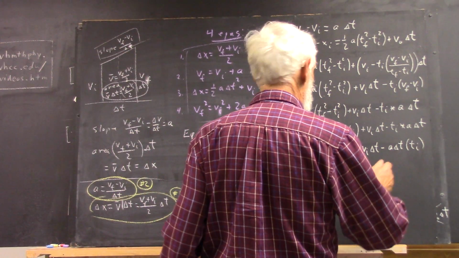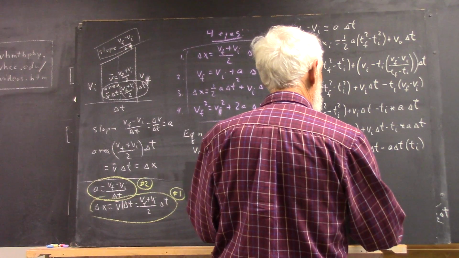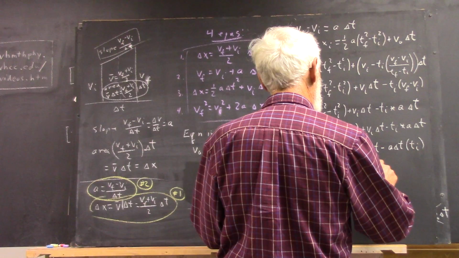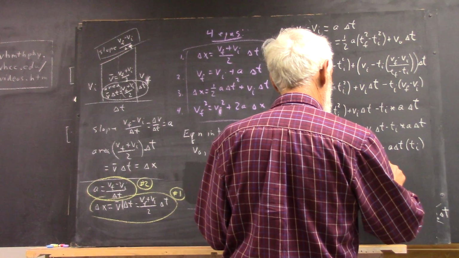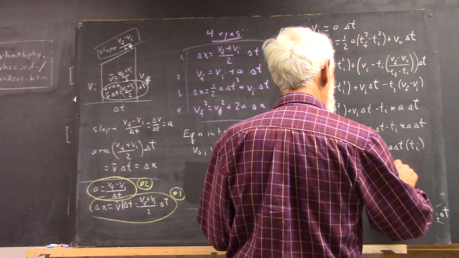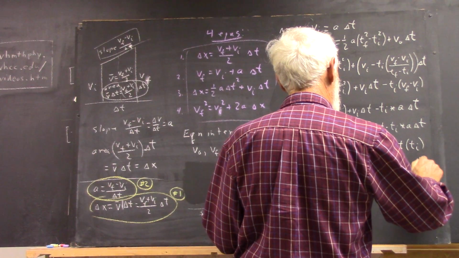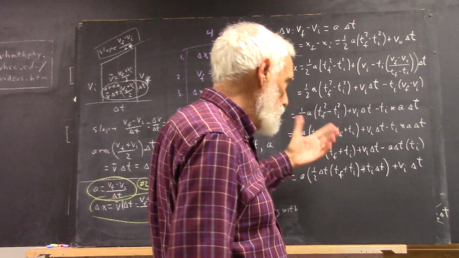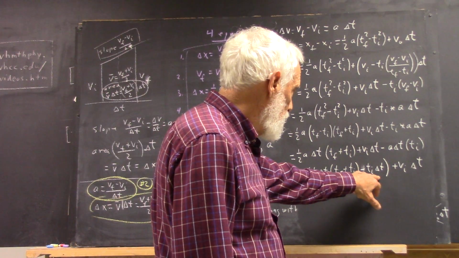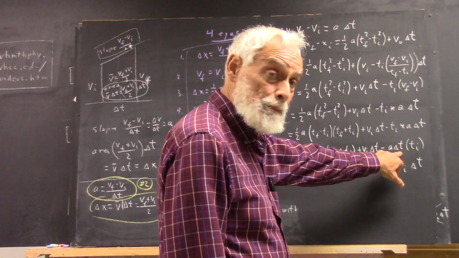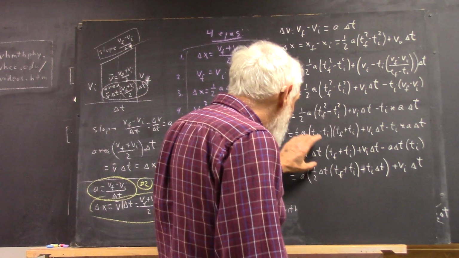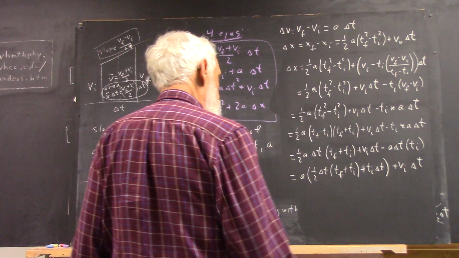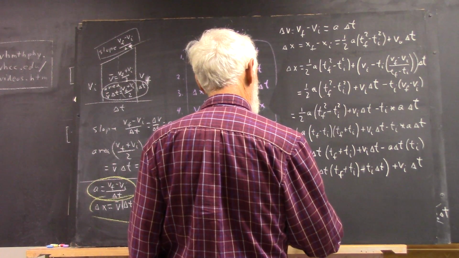Okay, so that's going to be minus A TI delta T plus VI delta T. Now, make sure we understand where this is from, and we can verify it. A times negative TI delta T gives us this, right? So if we put this next to this, factor out the A, this is what we'll have. Okay? So this is then